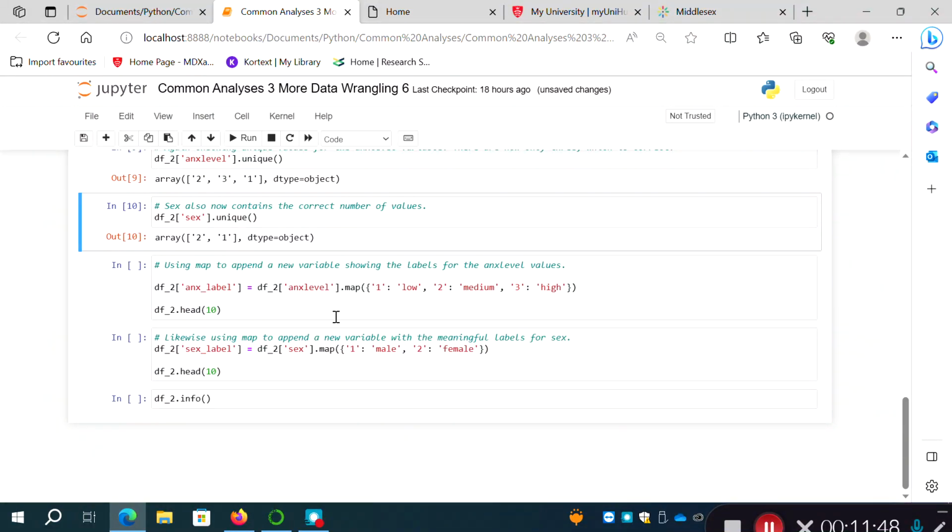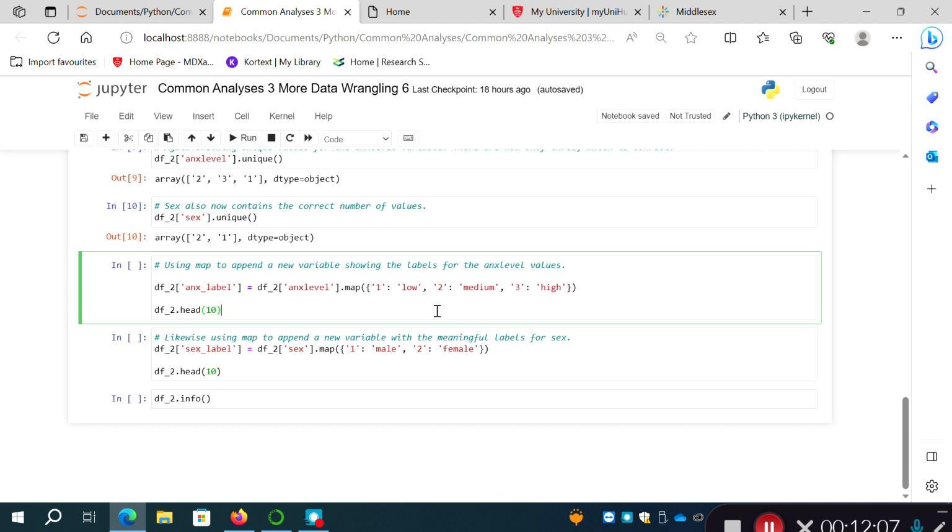To do that, we're going to use the .map method and pass it a dictionary. What I prefer to do is, when I add labels like this, I create them as a new variable